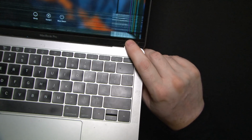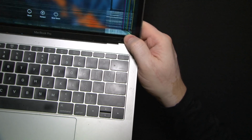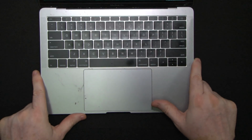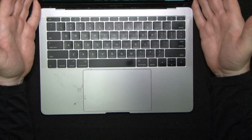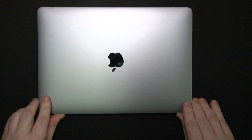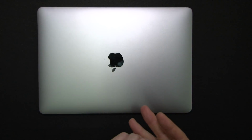Don't know what happened here. Either dropped, or something was placed in here. So in short, the LCD got cracked. These MacBooks have really bad design as far as LCD goes, and they're expensive and very easy to damage. So for this one, what we're going to need, number one,